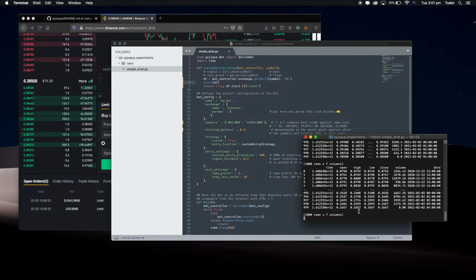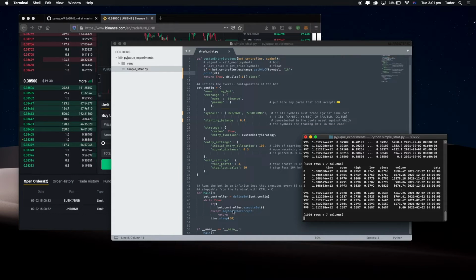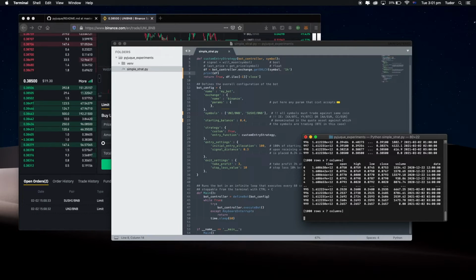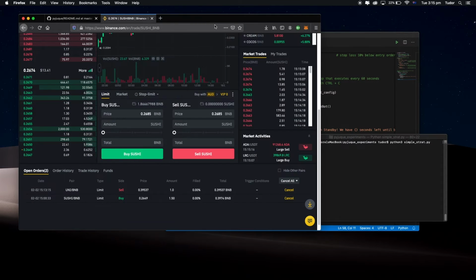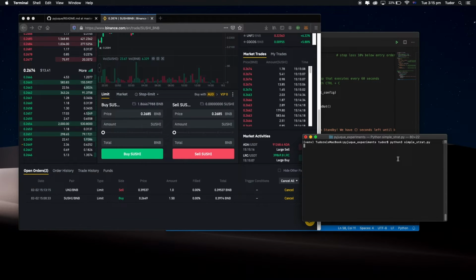And the same for sushi. And right now it's just waiting. It's waiting here. It doesn't do anything for 50 seconds, and then it's gonna come back and recheck the symbols again. You know, before this used to have a logger that would tell you what's going on. So there was a small improvement to be made in pyjuque, so I quickly did the improvement and then I